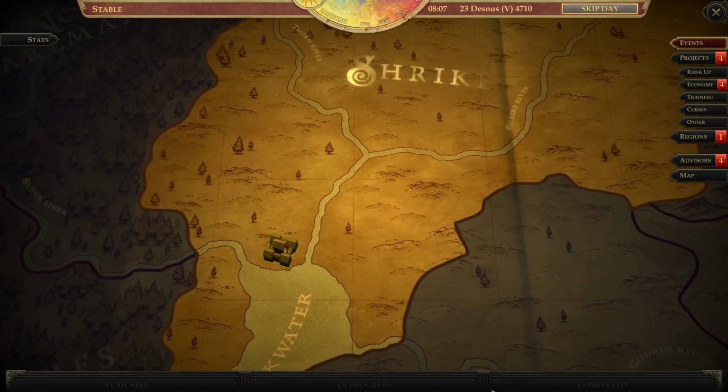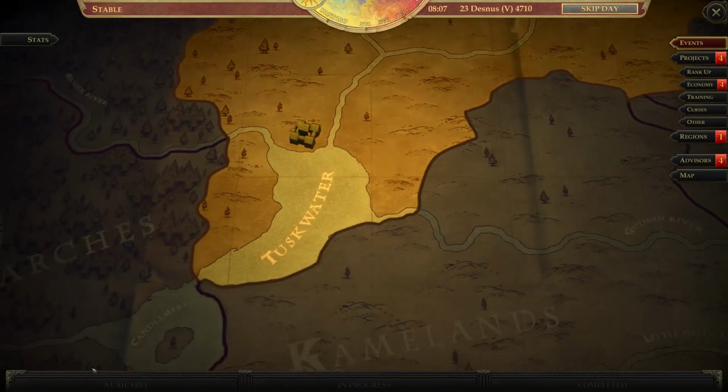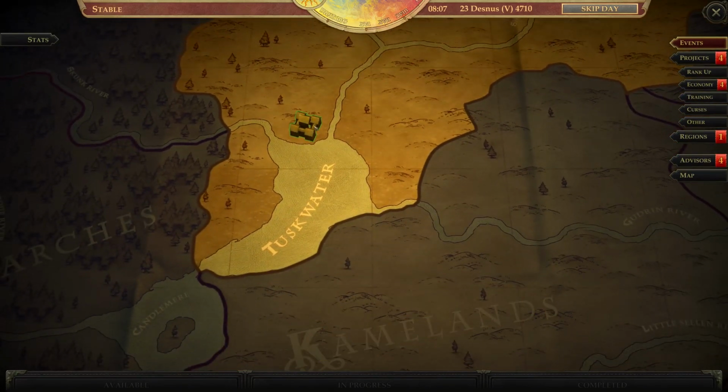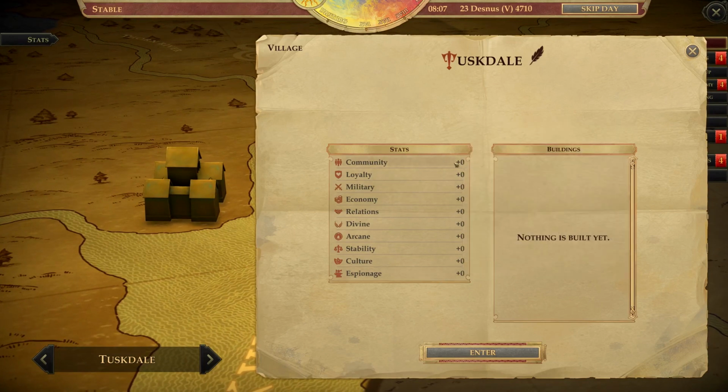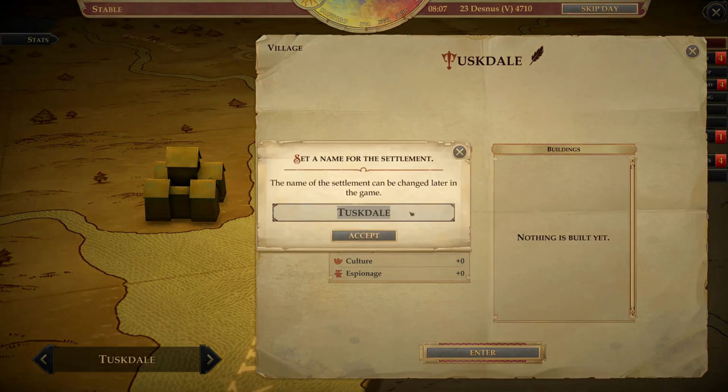We are finally managing the kingdom. So, our village, with its stats, and hey, a name that we can rename. Let's see. No. Tuskdale. I mean, okay. So the barony is called Ilia. If I'm gonna stay on theme,